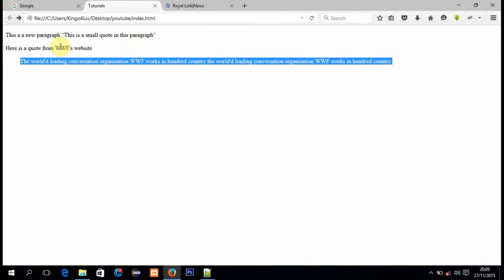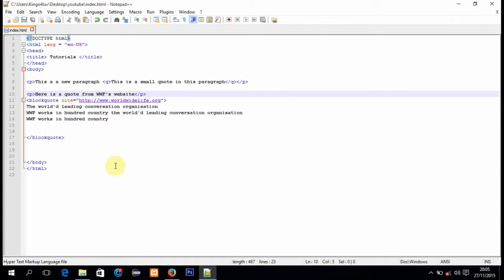Okay, now let's move to the next one, which is abbreviation. The abbr element defines an abbreviation or an acronym. Marking abbreviations can give useful information to browsers, translation systems, and search engines. So for example, if we have